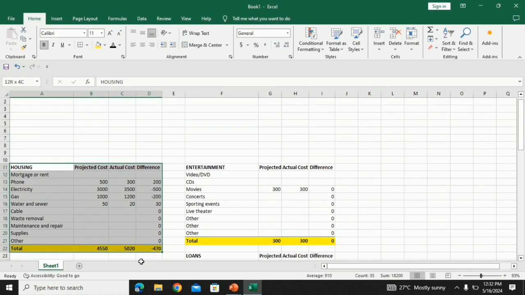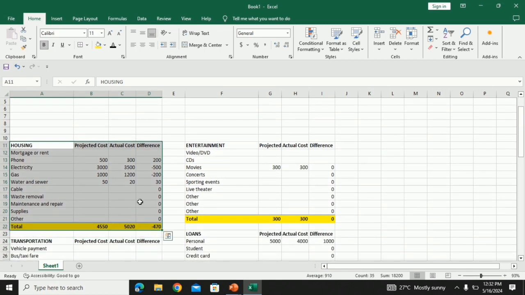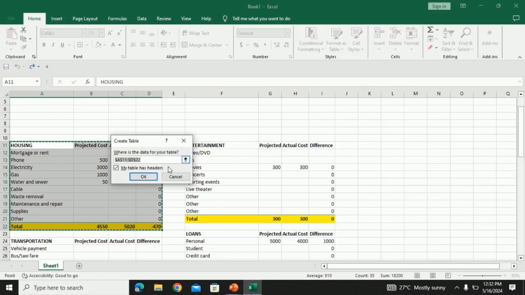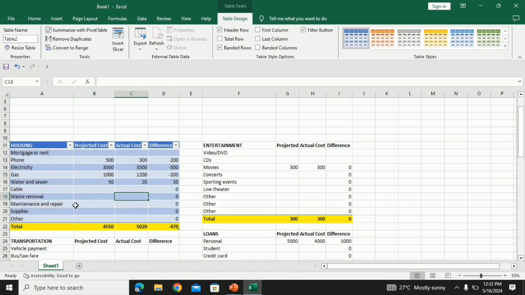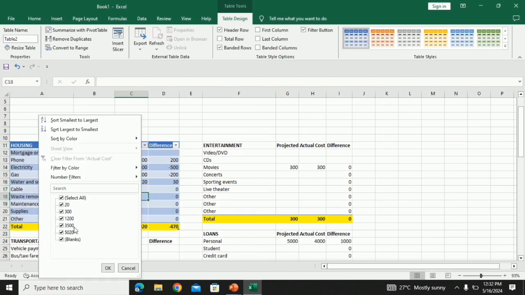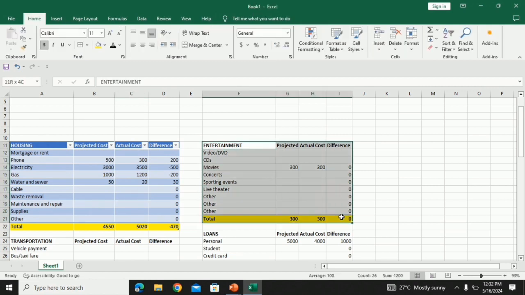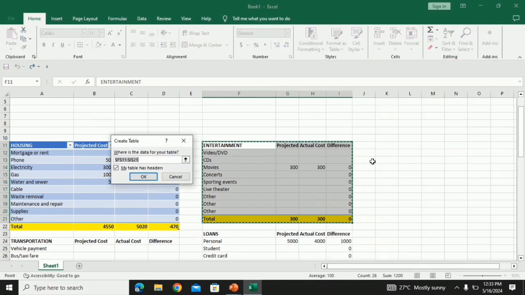Next, highlight the table and then go to format style, choose the style you want for the table, click OK, and then that's it.